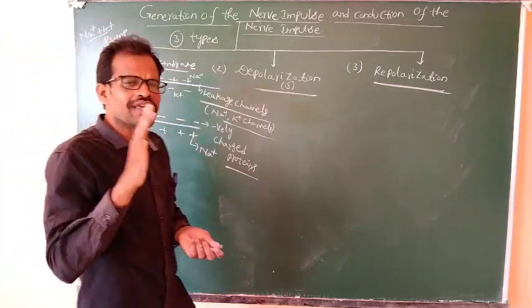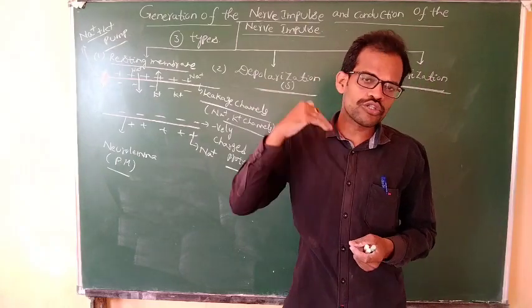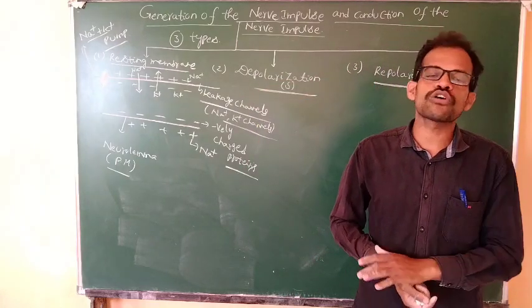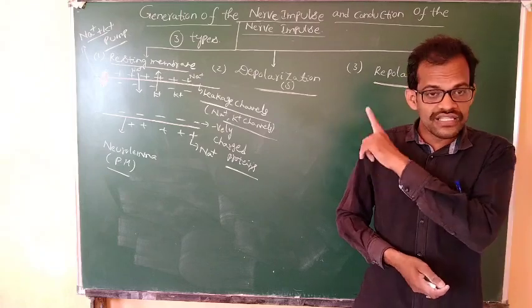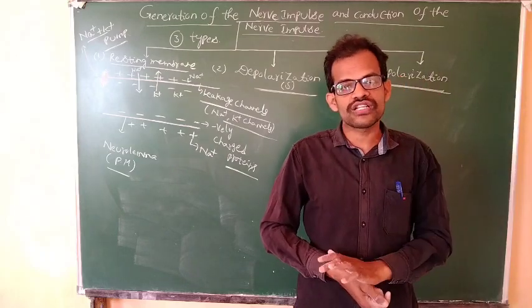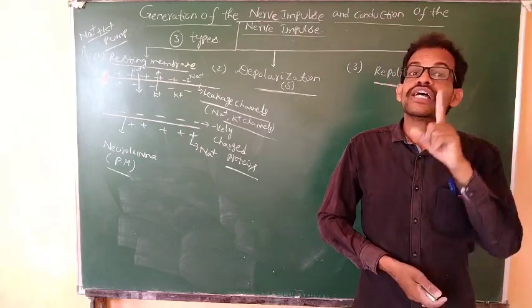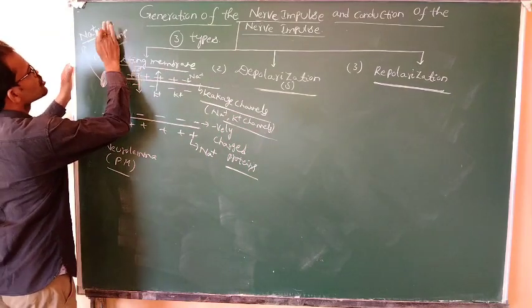With this continuous movement, sodium ions moving from outside to inside and potassium from inside to outside, there is an imbalance of ions outside and inside. But this is corrected so that the outside always maintains the positive charge and the inside the negative charge. It is maintained by the sodium-potassium pump.